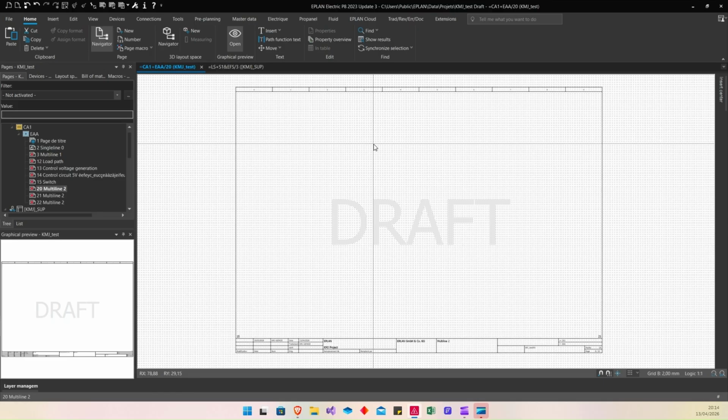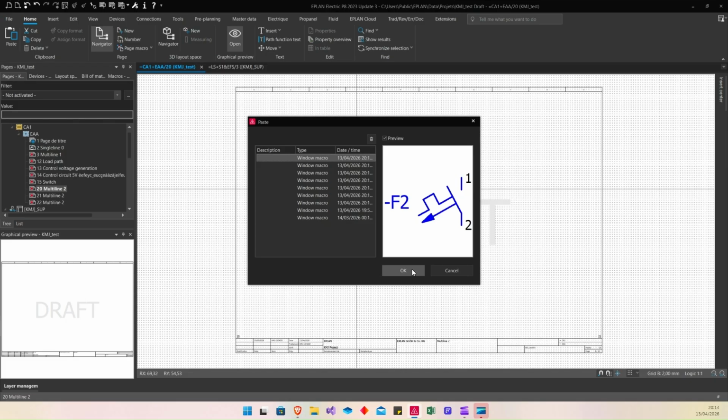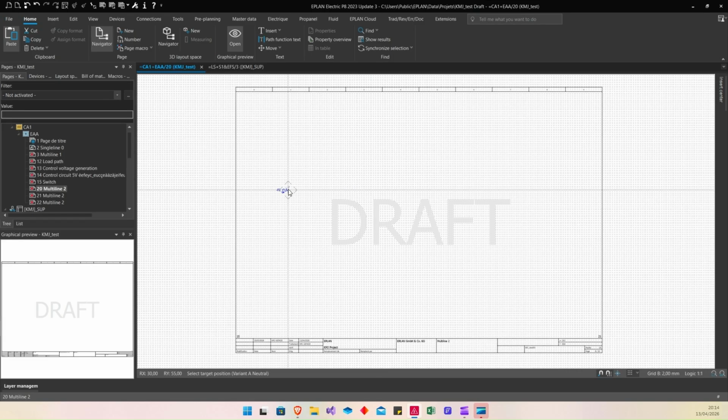for example, I want to now paste this circuit breaker. You can see that we have a Windows dialog where we can now choose which object you want to paste. So now, for example, I want this circuit breaker at the same X and Y position as the original circuit breaker that I copied.